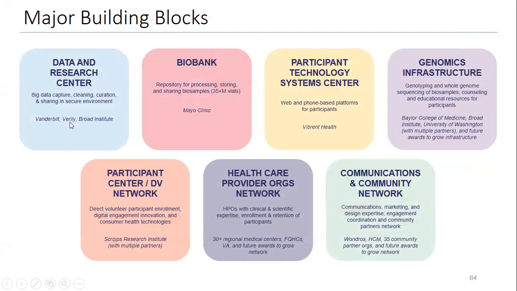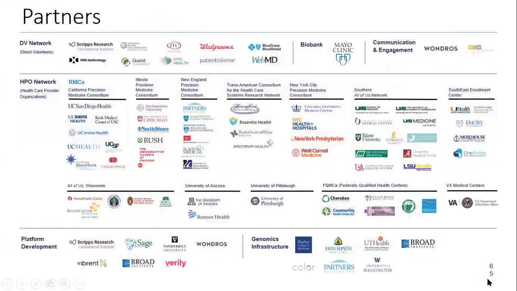The data center is at Vanderbilt and a company called Verily and the Broad Institute. The biobank is at Mayo Clinic. There are various other components to this, including everybody eventually will get their genome sequenced, and they will have access to all the data, including the raw data if they want it. There's a lot of moving parts. We are here. We're probably the biggest of the health provider organization networks. It includes all the CCTS partners, and you've probably seen tables maybe in Kirkland Clinic and elsewhere where enrollment is going on.